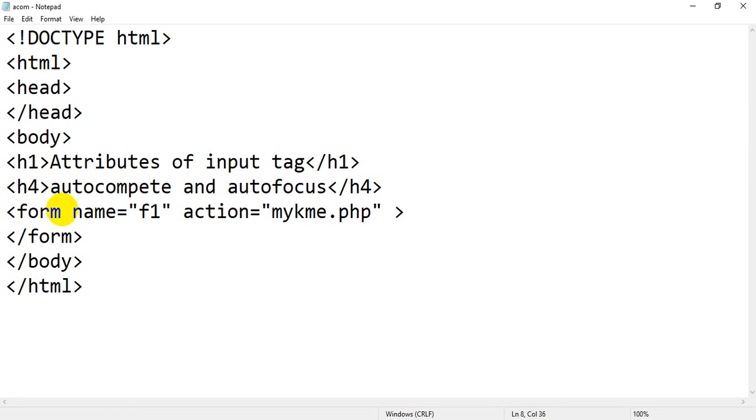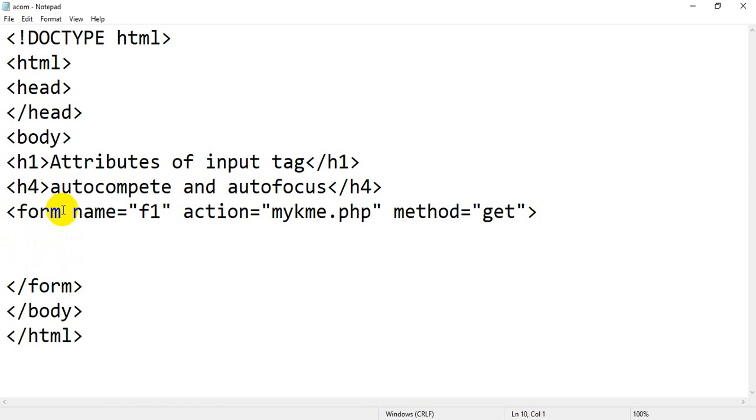Okay, then what is the method you are using to transfer? We have two methods, one is get and one is post. I will use get. I have told you n number of times what is the difference between get and post, but listen, get is a method used as a method attribute to transfer a small amount of data.